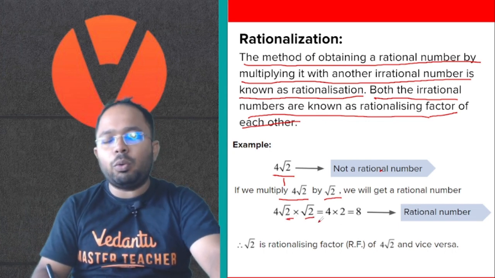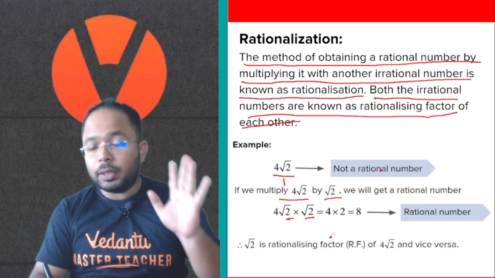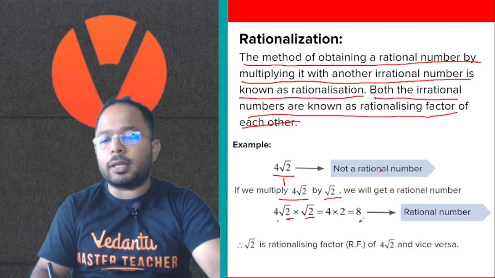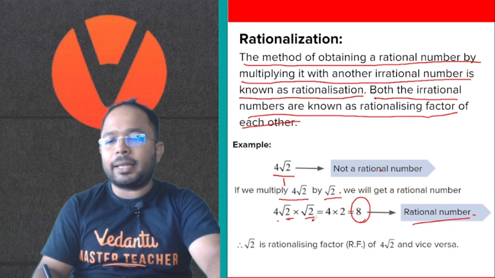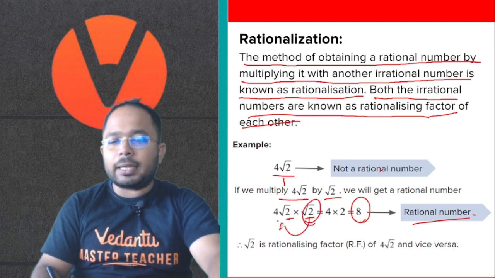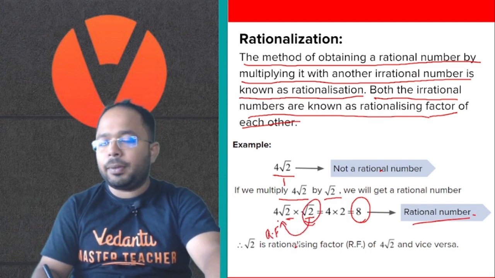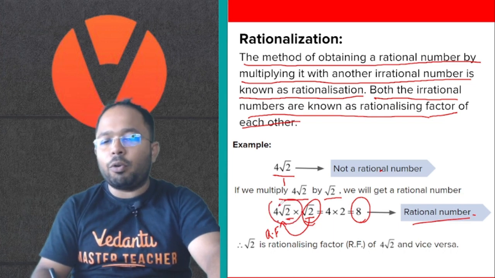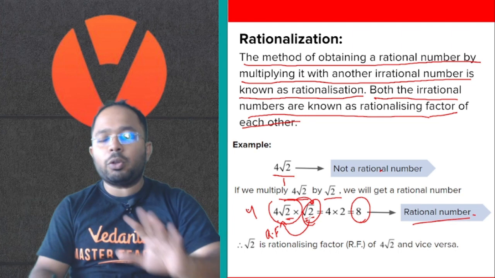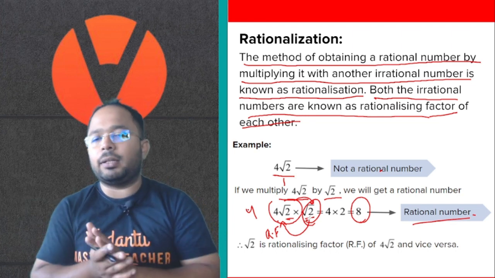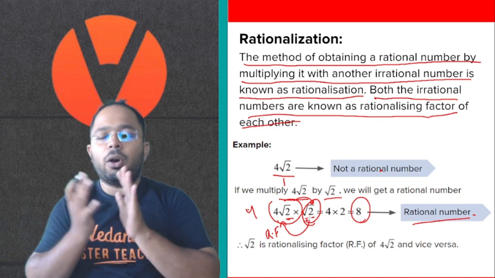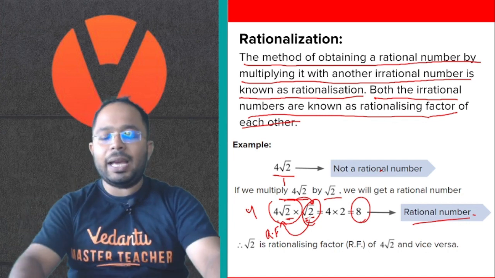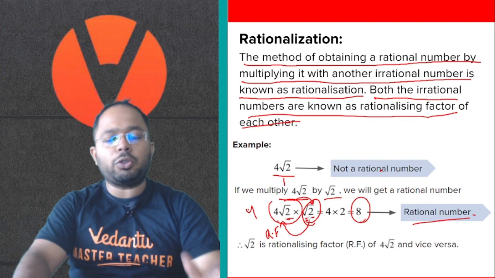तो √2 से मल्टीप्लाई करने से क्या होगा, √2 इंटू √2 होता है 2। अब वो 2 मल्टीप्लाई हो जाएगा 4 के साथ एंड वी गेट अ रैशनल नंबर 8। तो यहाँ पे कह सकते हैं कि √2 का रैशनलाइजिंग फैक्टर है RF, या फिर कह सकते हैं 4√2, √2 का रैशनलाइजिंग फैक्टर है। ओके, तो एक दूसरे का रैशनलाइजिंग फैक्टर्स हो जाते हैं जब दो इरैशनल नंबर्स को मल्टीप्लाई करा जाए और उनको कन्वर्ट करा जाए रैशनल में।